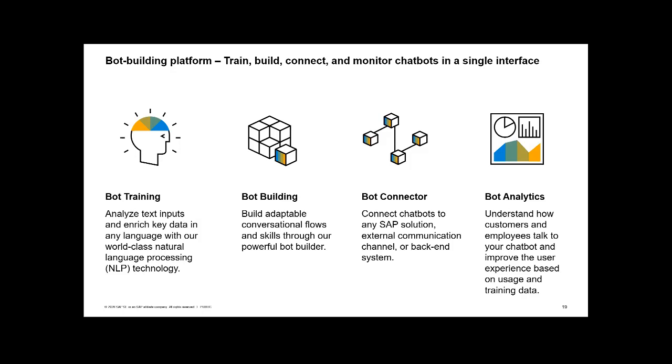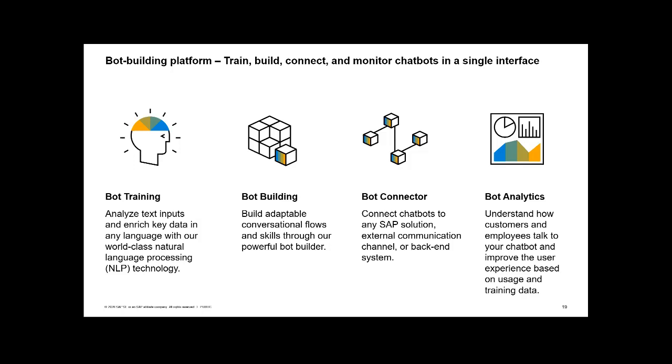And these features are a test suite for automatic testing of the chatbots, and some connectivity features, such as if you want to use an OData service hosted on your BTP, but not hosted externally on the web, just internally and using the destination service, then you need the Enterprise Edition.